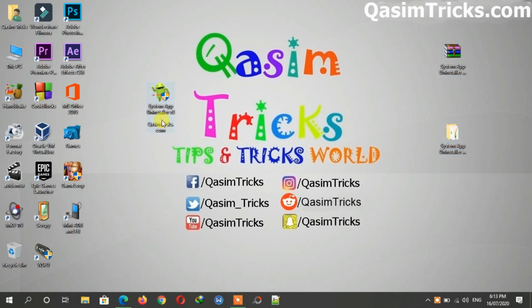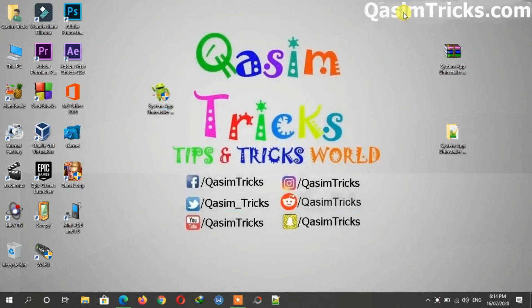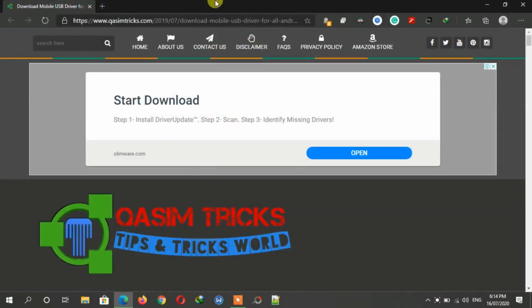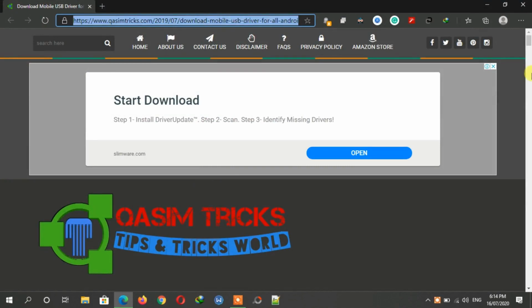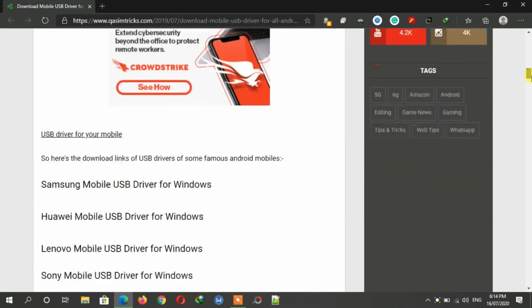Now before running this, connect your mobile to PC. Now as you can see, my mobile has been connected. Before connecting your mobile, make sure that you have installed the USB driver of your mobile. You can visit this link in your browser, and from here you can download the USB driver of any Android mobile.